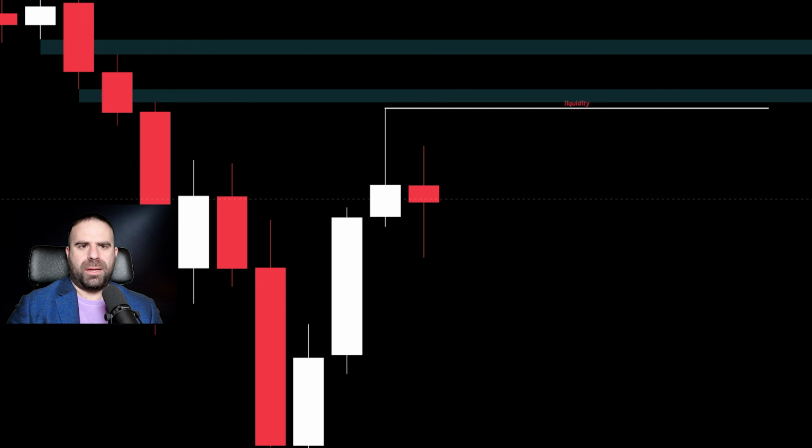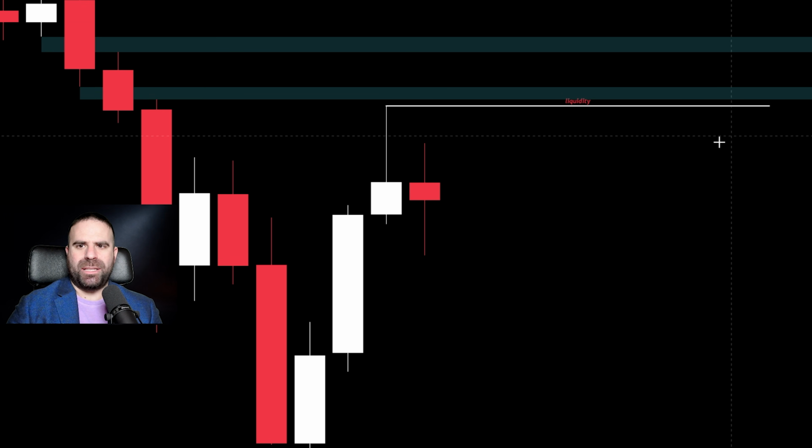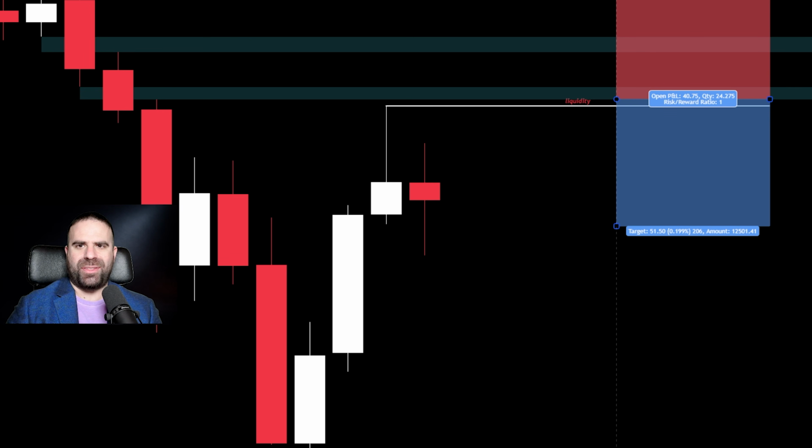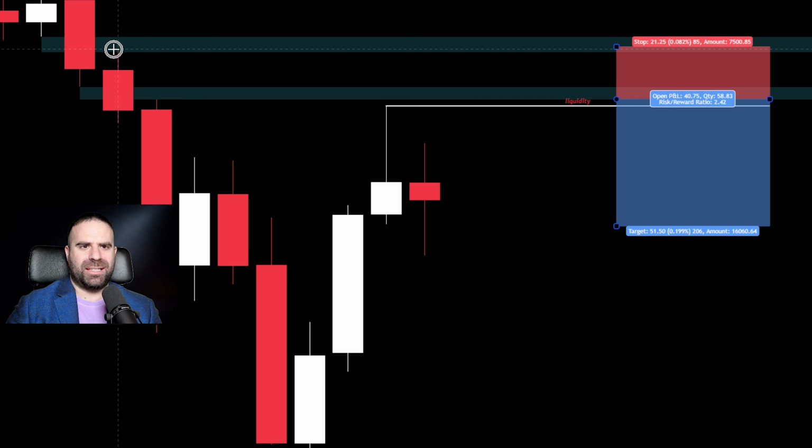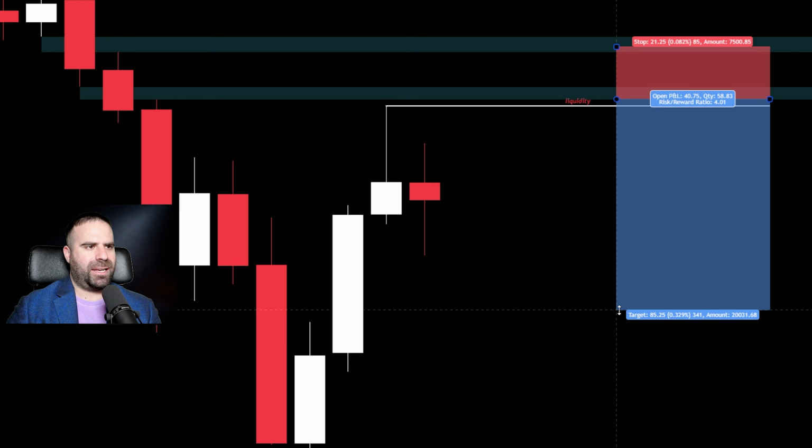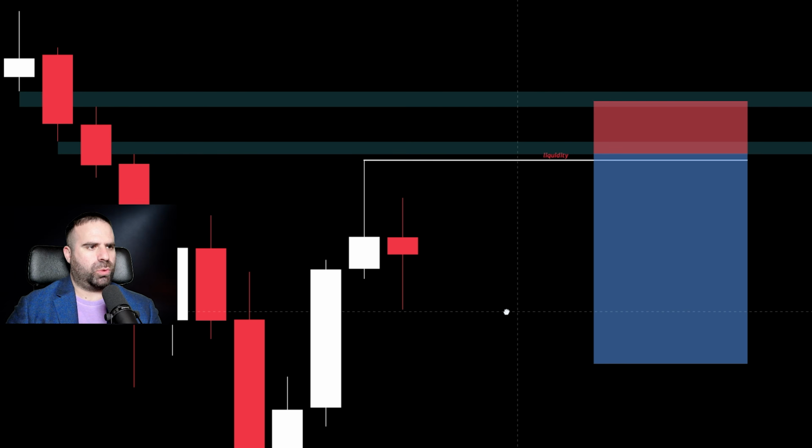Do you remember? One sell limit order is going exactly at the bottom of this FVG with the stop loss above candlestick number 2, number 2 out of the 3 that created this fair value gap. So this is your first one, and you are targeting at least a 4-to-1 reward to risk.